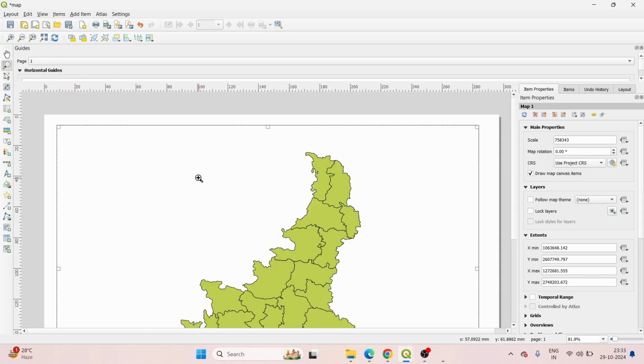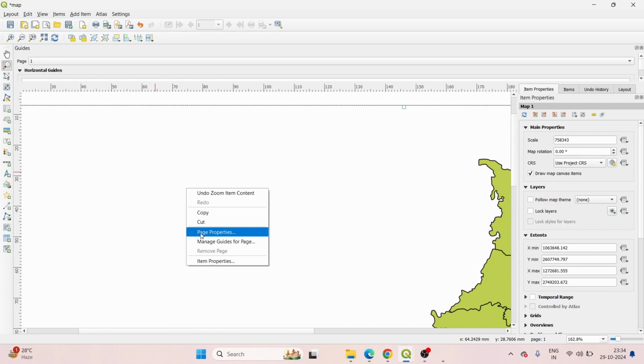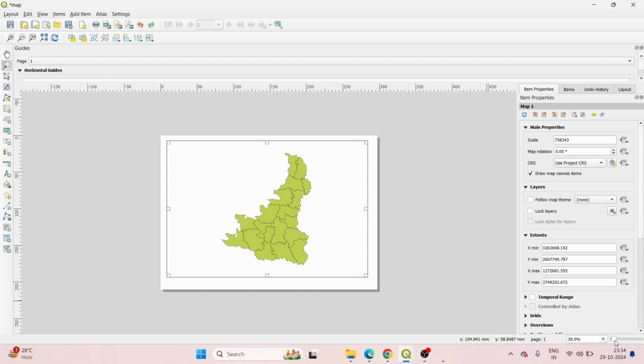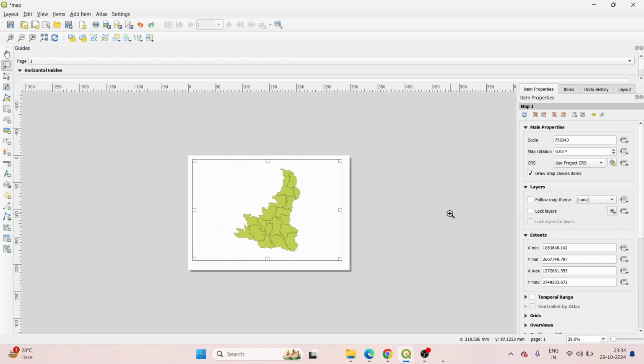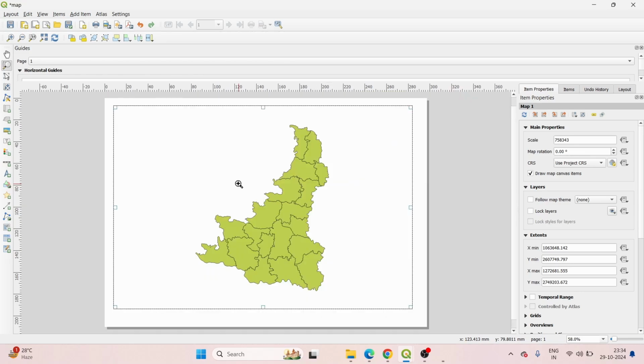From zoom layer you can zoom. Like that you have to zoom. To zoom back, you can do it from here. From here you can zoom. Even with the cursor of the mouse you can do that. So to do that, let's